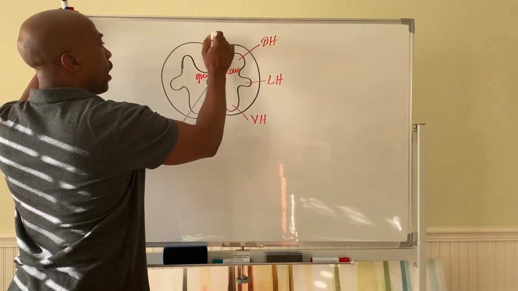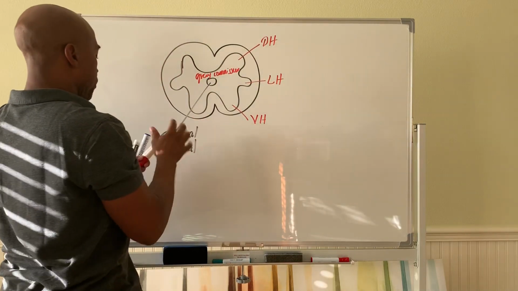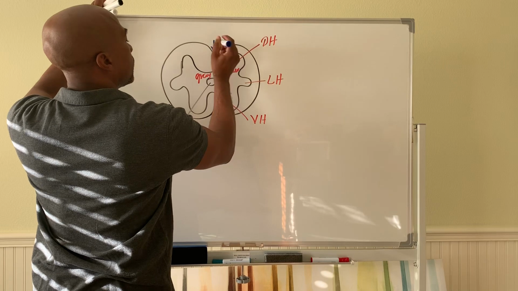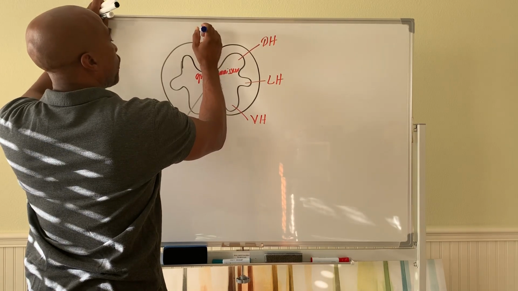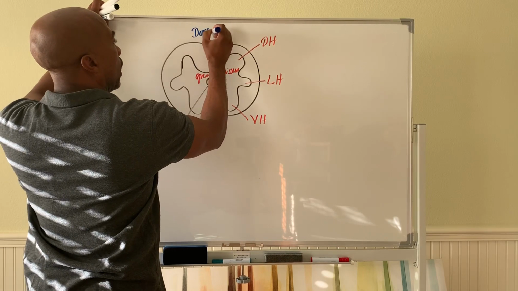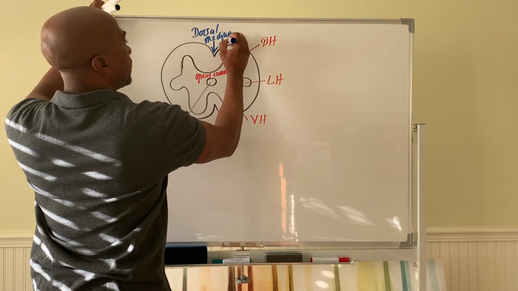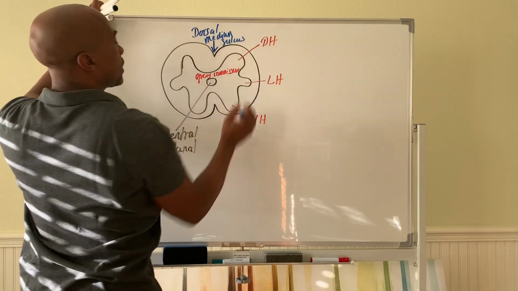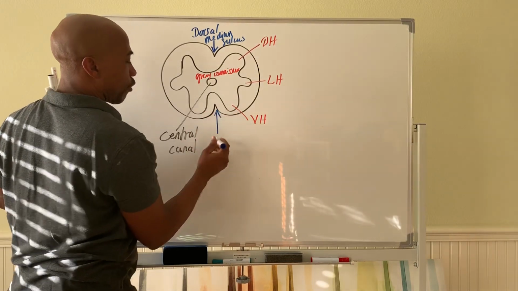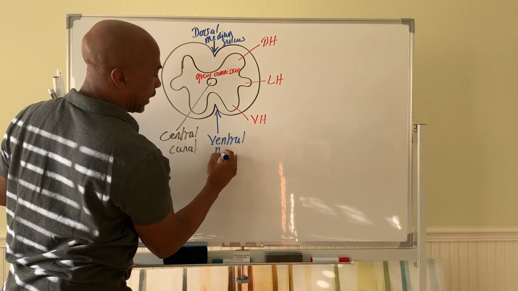This top groove that runs along the spinal cord along the back side, that demarcation line is called your posterior median sulcus or dorsal median sulcus. The one on the front is a bit deeper, so it's referred to as your ventral median